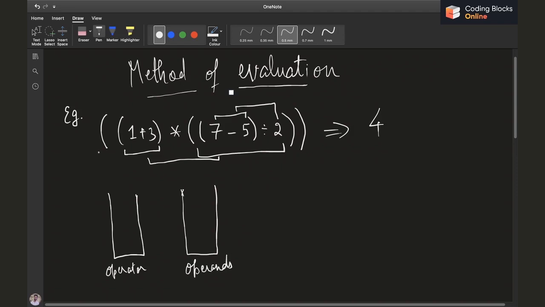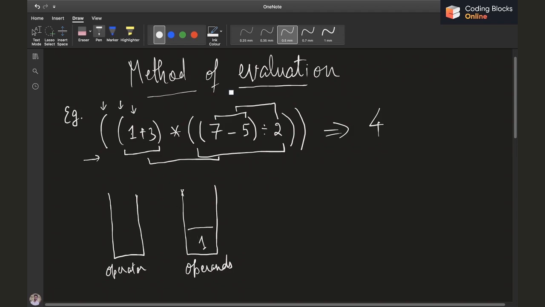Whenever we start traversing the string from left to right, whenever we encounter an opening bracket, we'll do nothing, we'll just continue. Then again an opening bracket, continue. Now we get an operand, we'll push it to the operand stack, done.